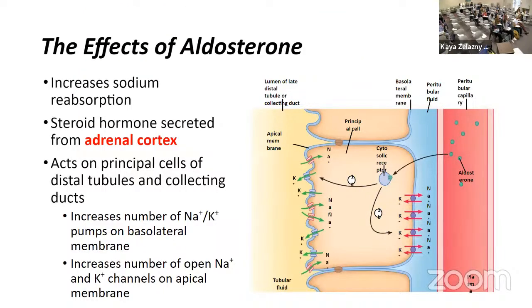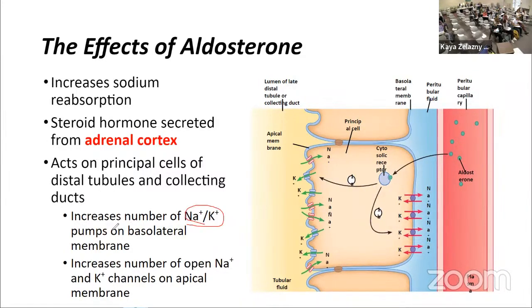So our effects of aldosterone, we were increasing the sodium reabsorption. This was coming from the adrenal cortex. We were doing that because we were increasing the number of sodium potassium pumps on the basolateral membrane. We tracked before that as it opens those sodium channels, sodium can come in and then gets pumped towards the blood. Now that we're thinking about potassium, we're just tracking the opposite. We still have a sodium potassium pump here, so potassium is coming into the cell. We open up a potassium channel on the apical membrane and now it gets out of the cell, but it's going the opposite direction from the sodium because the sodium potassium pump is moving those two things in opposite directions. So sodium and potassium are really inverse of each other for